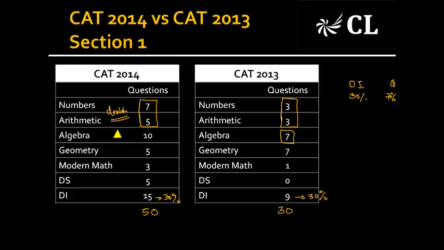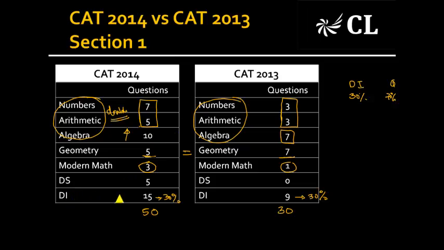From 7, we expect an increase in algebra, but geometry will more or less remain the same. It can even be almost the same. Geometry would almost remain the same, and modern maths will have a few more questions. The key impact has happened on largely these 3 areas,